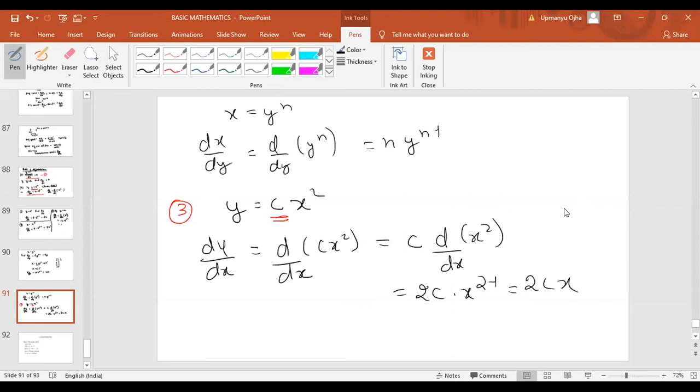No problem, y being smaller than x, or x smaller than y, no problem in that. It is not necessary that it should be smaller. Basically y equals c x square means the function of y with respect to x. At that x, if x equals 2, then what is the value of y? 4. So the differentiation of that would be equal to 2cx, like this.